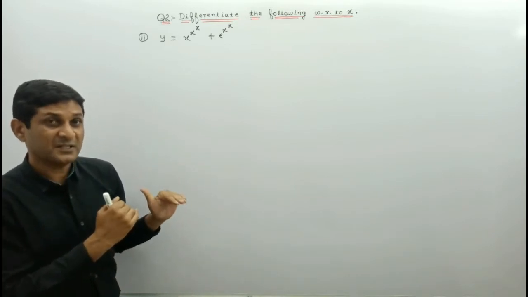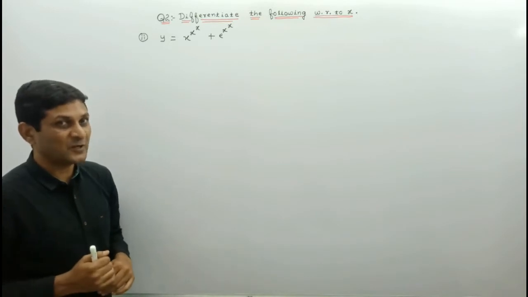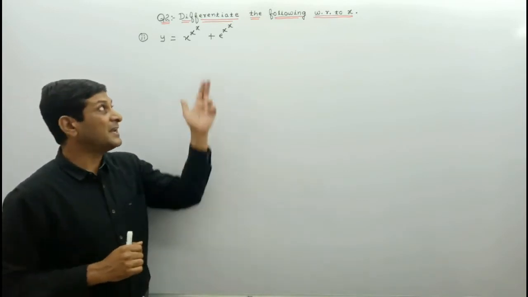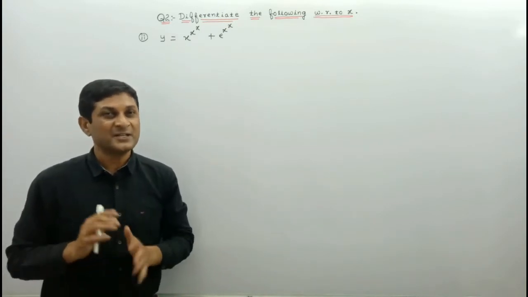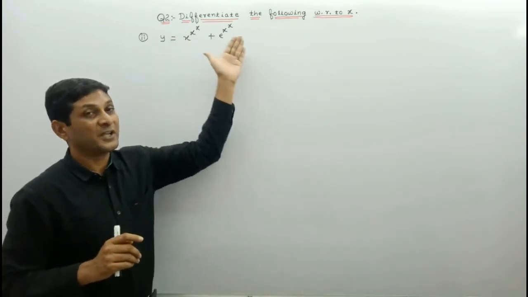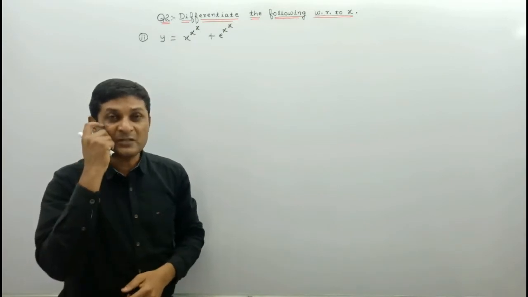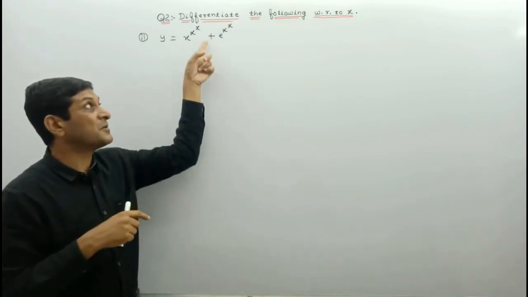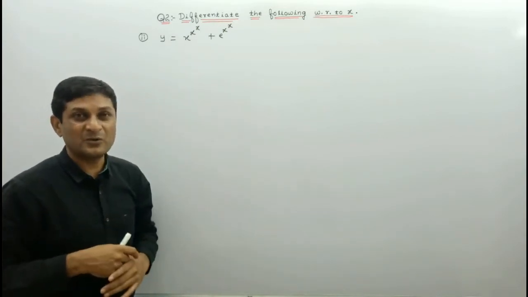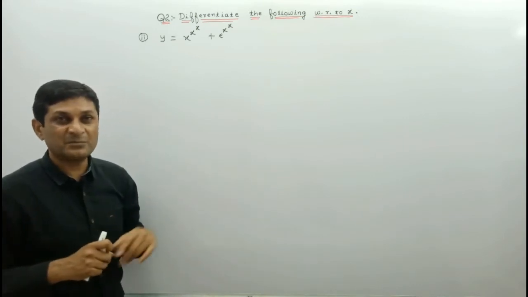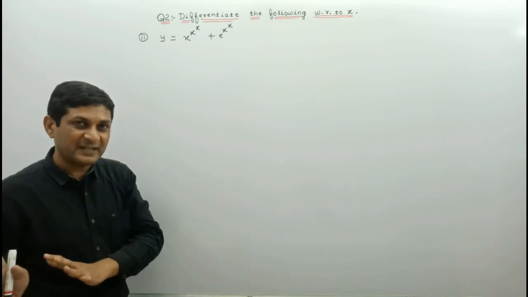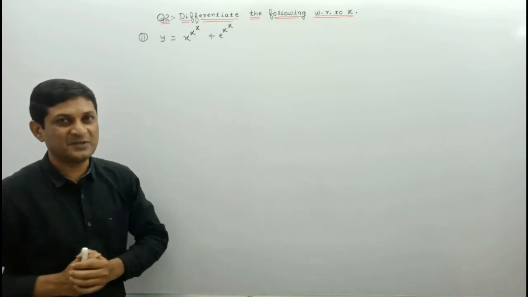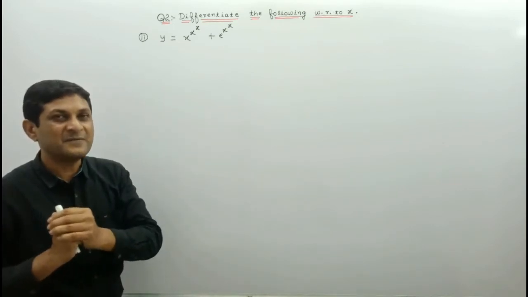So try to understand how we are solving it applying the logarithmic differentiation method. If there was multiplication here, we could directly take log on both sides, so that the term will be in the form of log (a into b), which can be written as log a plus log b. But instead of multiplication they have given plus, so we are not able to directly apply the logarithmic differentiation method. We have to find the derivative of both terms separately and then substitute the value in dy by dx.